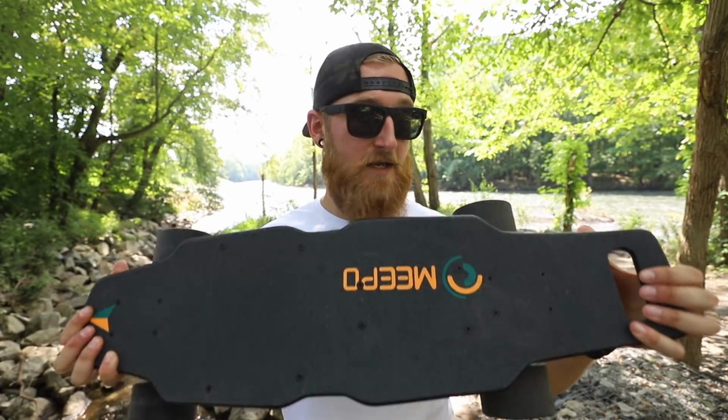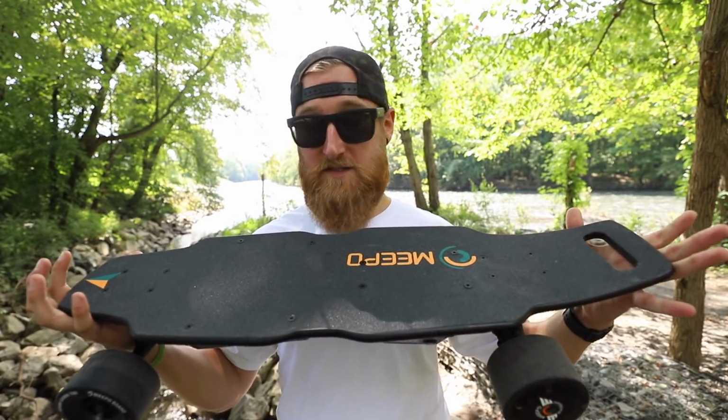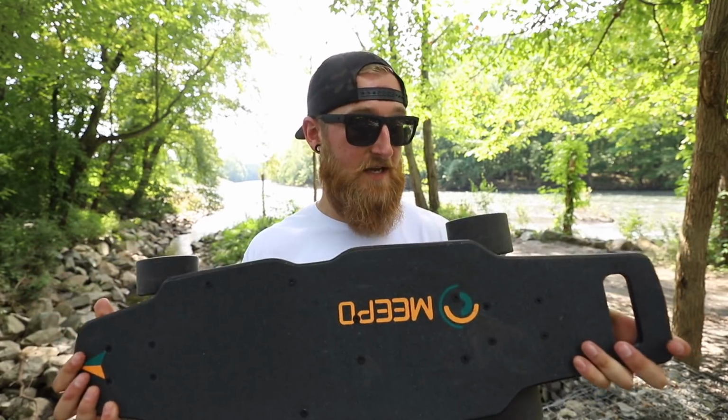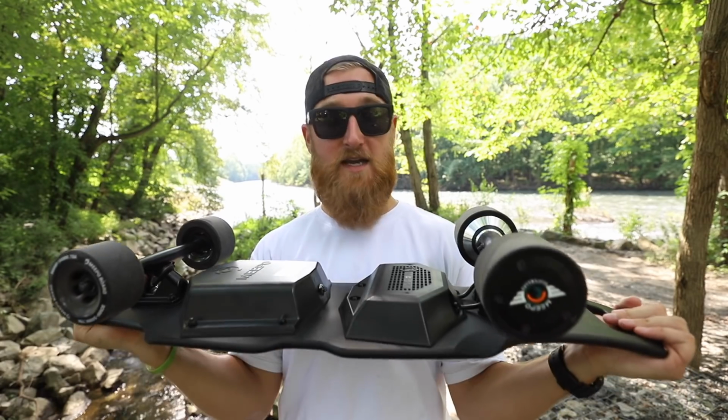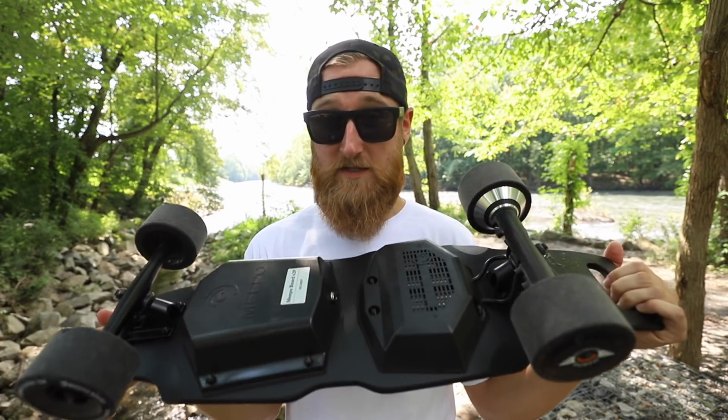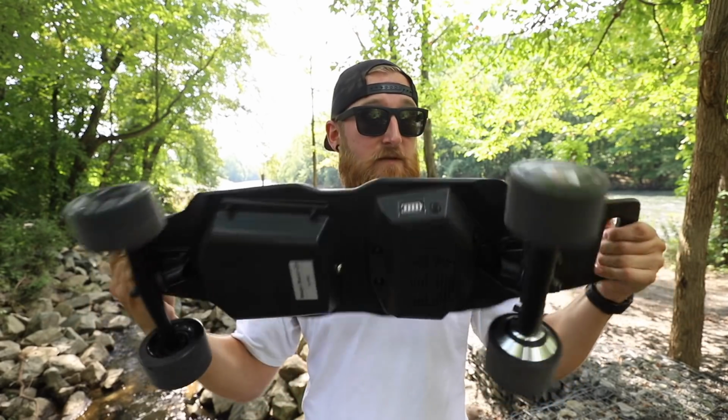And now for the top speed, I believe I did have it topped out on that nice smooth pavement there, and that was about as best as I could do during this test. I think if I tighten up these trucks, I could do a little bit better. But at the same time, 21, almost 22 miles per hour, that is not bad for such a short little